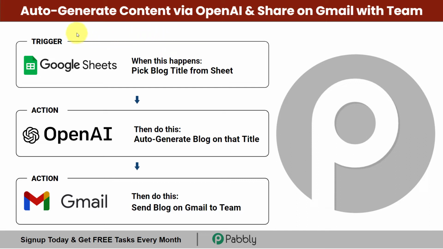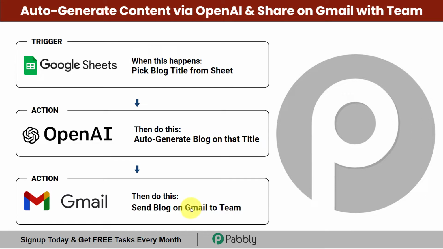In this video, we will learn how you can automatically generate content via OpenAI and share the same content on Gmail with the team. So here, I'm going to add a few blog titles in Google Sheet, and the automation will pick the blog title from the sheet and will automatically generate a blog on the very same title using this OpenAI software. And after creating the blog, it will automatically send it on Gmail to the team members, that too without